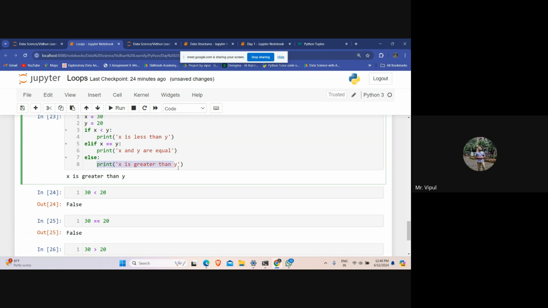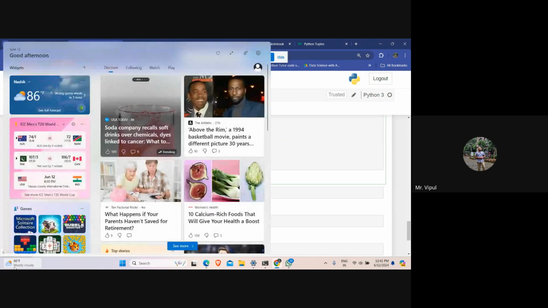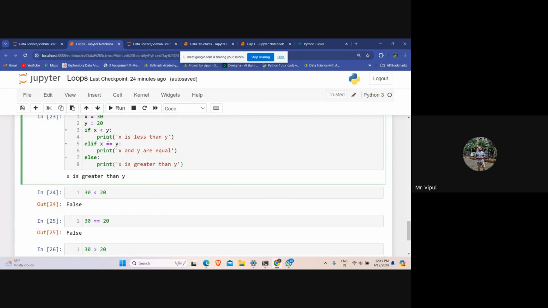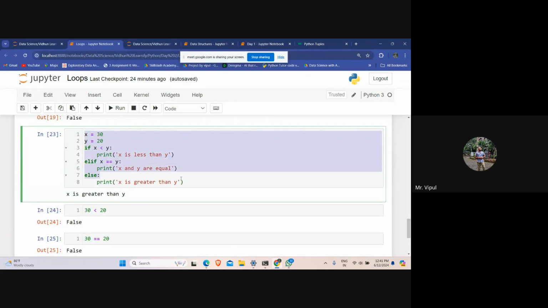Then we'll check this thing to check the output. So if this is satisfying, it will print this. Otherwise, it will check this condition. And else, मतलब ये दोनों conditions satisfy नहीं है, so it will print this thing. Now, is it clear to you? Is it fine?